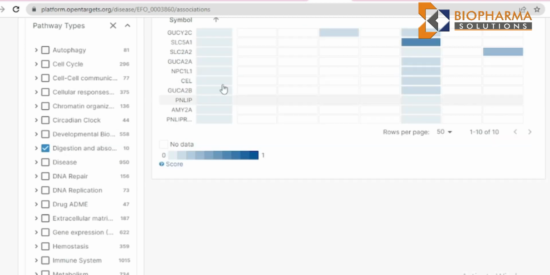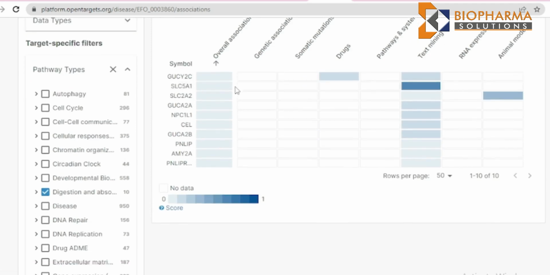10 such mutations are there, like GUCY2C, then SLC54A1, SLC5A1, then SLC2A2, then GUCA2A, then NPC1L1, and so on. Then based upon your